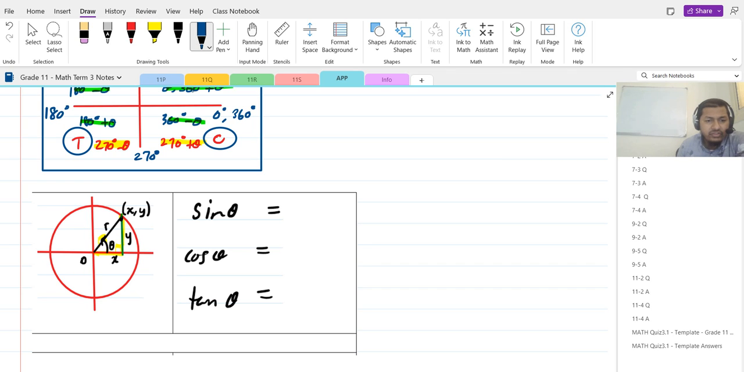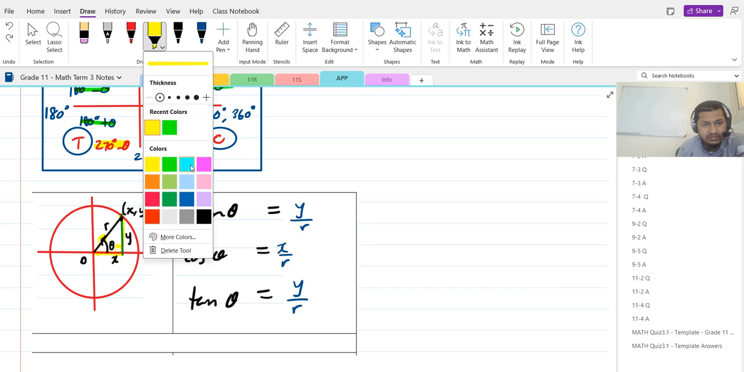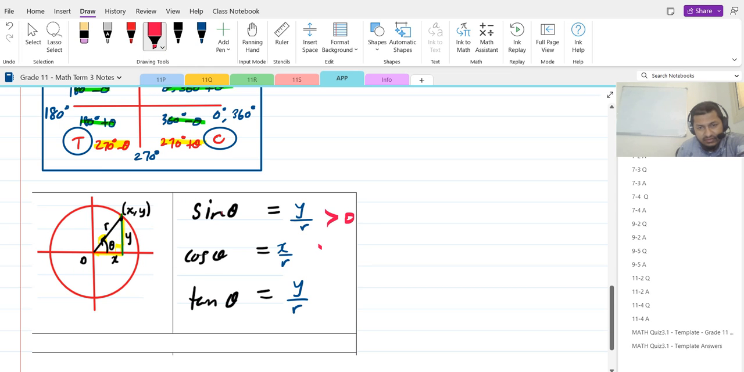So now if I try to find sine theta, which is opposite over hypotenuse, which is y over r, if I try to find cos theta, which is x over r, and if I try to find tan theta, which will be y over x, what we notice from these is that sine theta is positive because y over r, everything is positive in the first quadrant. It is positive, positive, right? That's positive, that's positive, and that is positive. So what we can say is all positive